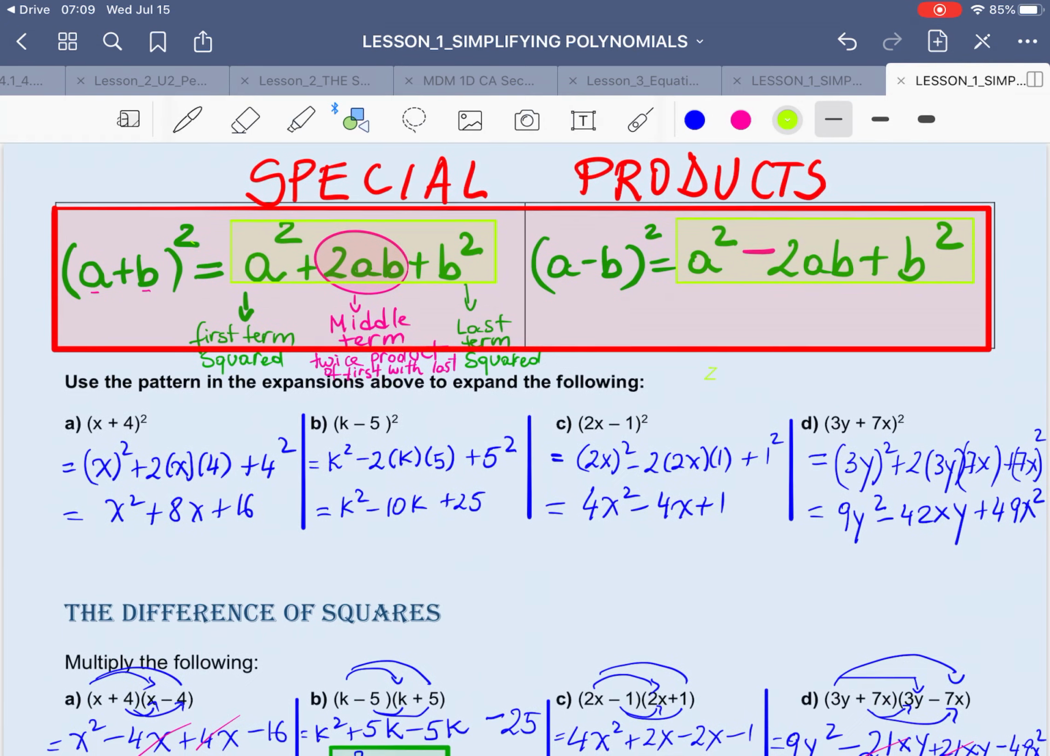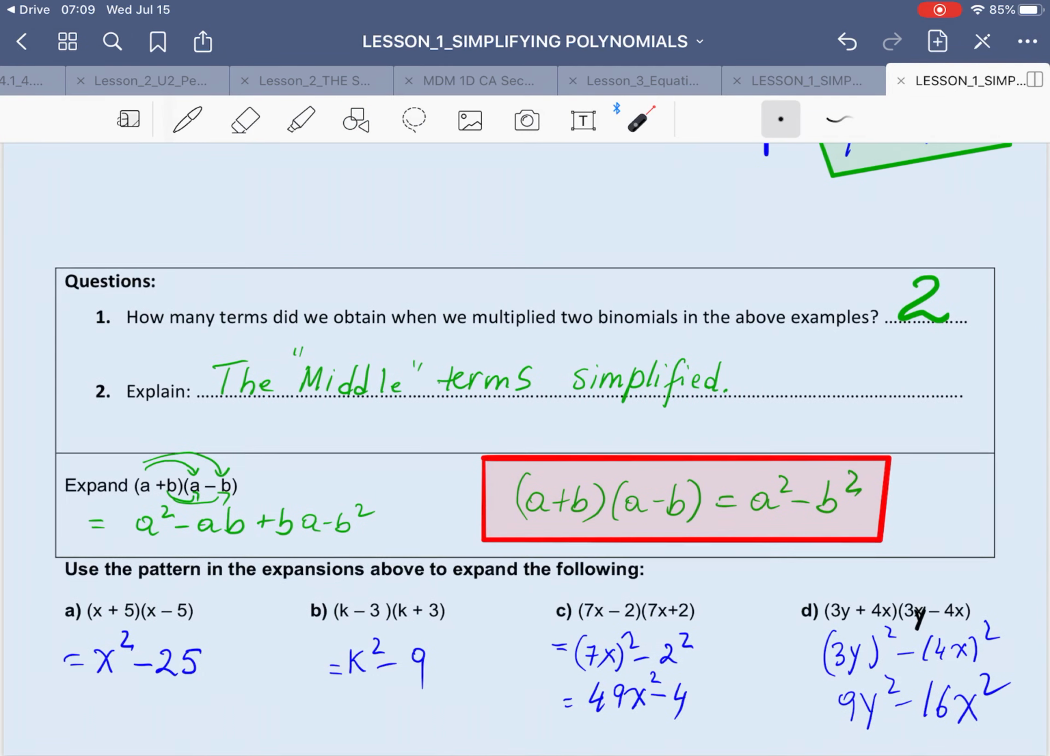And there are 2 types of special products: the perfect square trinomials and the differences of squares. That's all you're learning in grade 10. Okay, so I know the lesson was too long. I hope it made sense,